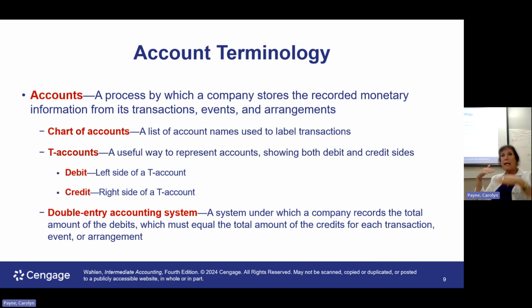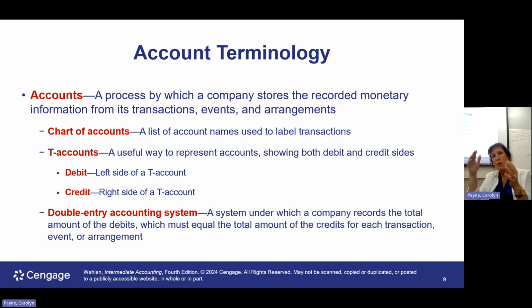Okay, and then of course the T account looks like a big T, right? What's the song? Debit, left, credit, right, debit, left, credit, right. So all the debits go to the left-hand side, credits go on the right-hand side of the T account. And of course, we're going to summarize that total of the T account, add up the debits, add up the